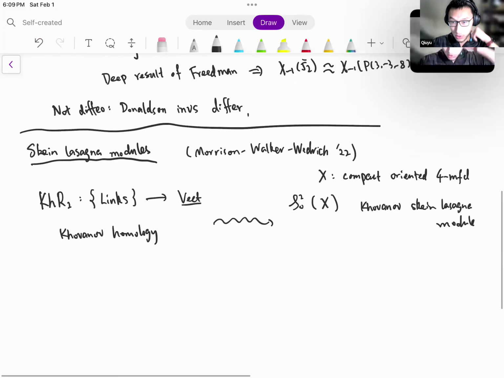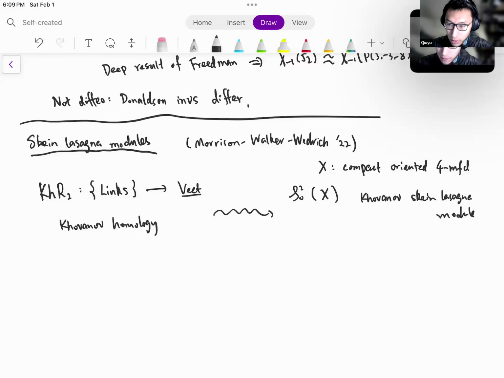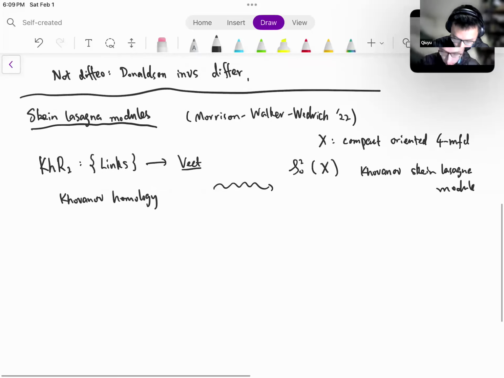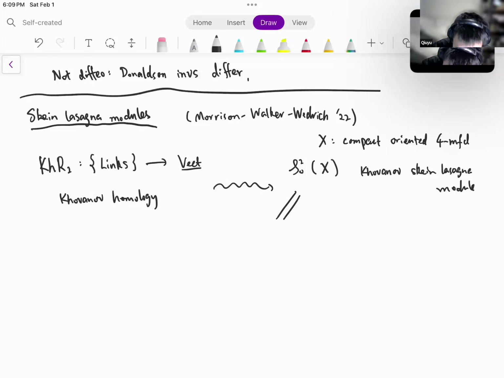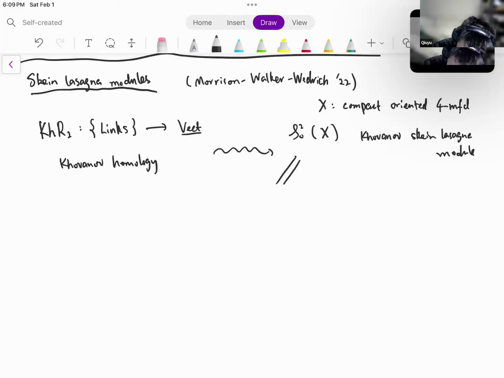I'll just sketch a brief definition of this invariant, but our main talk will not really go deep enough to make use of the actual definition. So I just want to give you a feeling for how this invariant is defined. As a vector space, this skein lasagna module of X is generated by